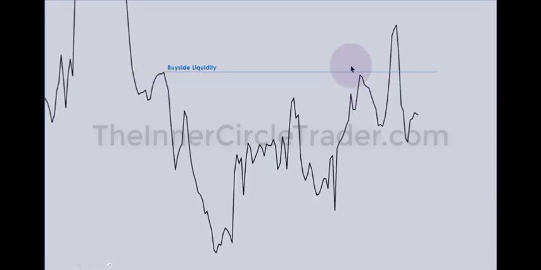Now, I'm using a close line chart, so it's going to be a rather crude depiction of a general idea. Okay, we'll transition to actual charts in a moment, but for now, I want you to just think conceptually